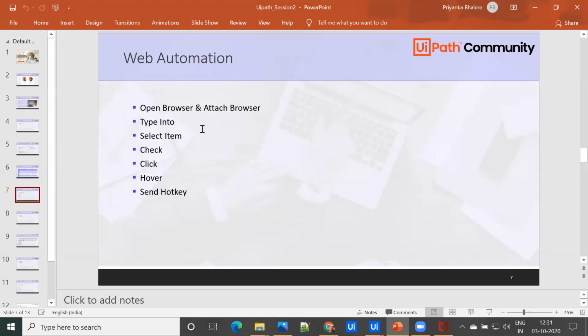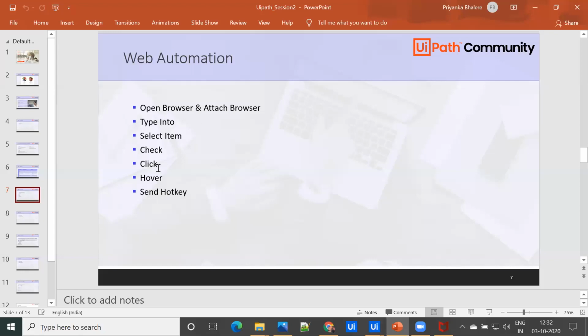Type into is a mostly used activity, and it is used to send keystrokes to the UI element or the screen. Select item is used to select the item from the combo box or a list. So whenever we have to select a particular item from the drop down, we need to use select item. Then the check activity is used to select or clear the radio button or checkbox.